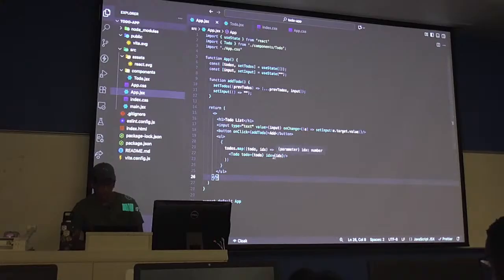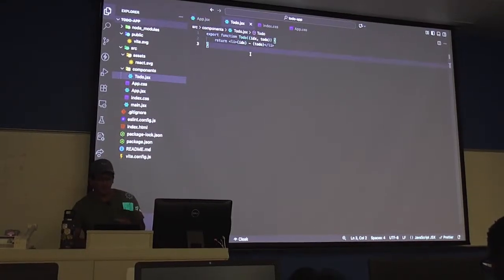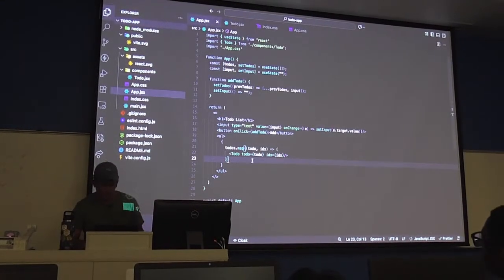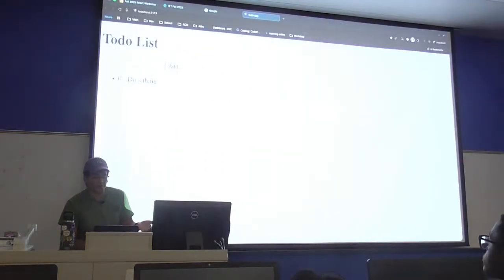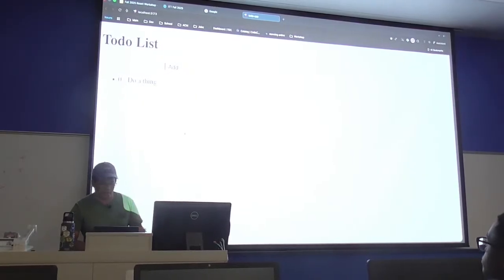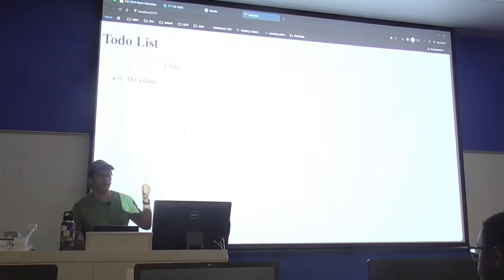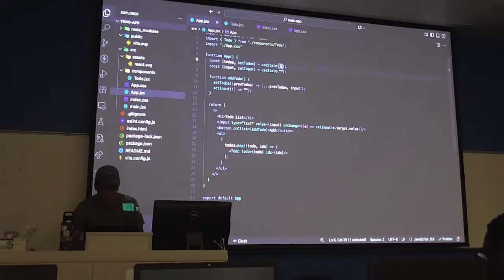So hopefully you see how, as I pass in more data, I can do all kinds of stuff with the data in here, and I don't have to worry about it in our app.jsx. Let's see. Another thing we want to be able to do with our to-dos is mark them as done, right? So to do that, it's going to get a little more complicated because now with every task in our to-do, we need to keep track of its status and what the name of that to-do is. And so we go from just a normal array like this to actually adding